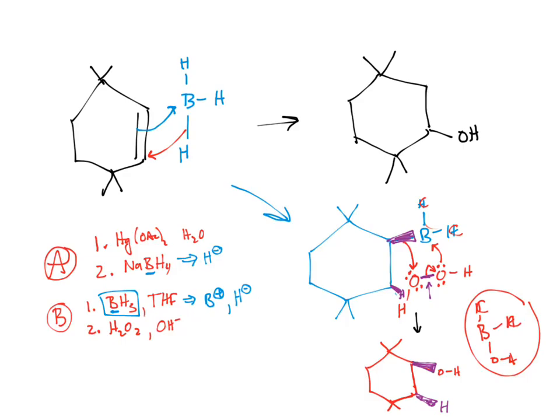Okay? Last way. What are we adding across the double bond? We are adding hydrogen and an OH. Hydrogen on its own would be H plus. OH on its own would be OH minus. Can I ever do a reaction where I add those two at the same time? No. Why not? They cancel each other out. Strong acid, strong base, can't do that. Right? So I could put them together, and I'd end up with